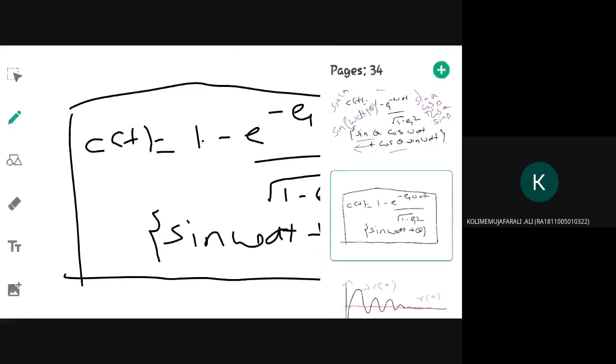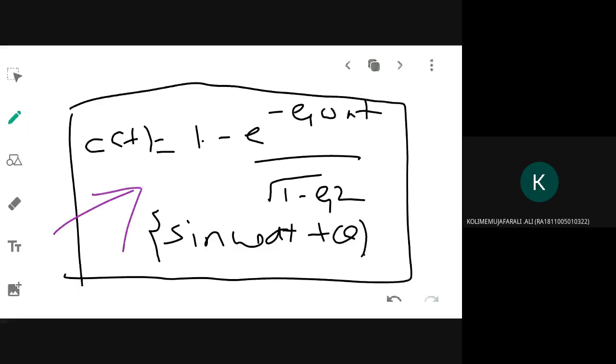So this equation is the last equation that we derived. This equation is very important compared to critically damped, undamped or overdamped. The underdamped system is most important, because most second order systems will initially oscillate and only then settle. So most second order systems belong to this category only. So this equation and how to derive C of t is very important and you have to remember it.